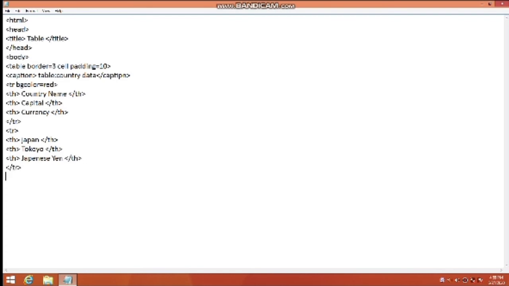Then I'm going to give the next row. So I open the tr tag, then th. Next I'm going to give the country name India, th. Then the capital of India is Delhi. So next is Delhi, and close the th tag.